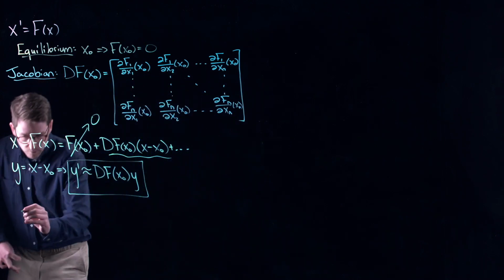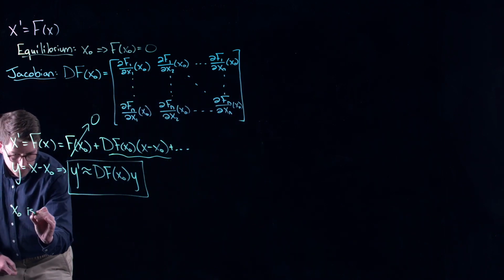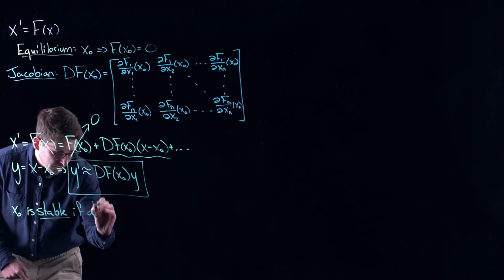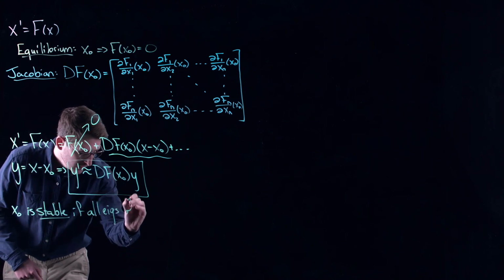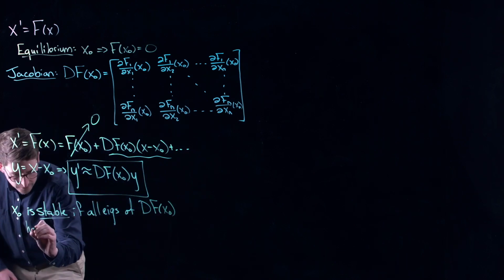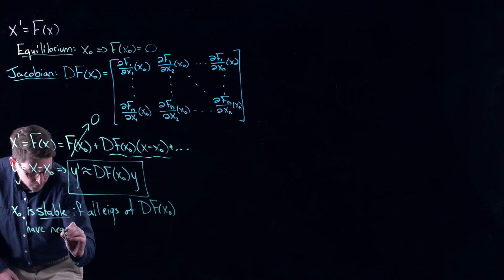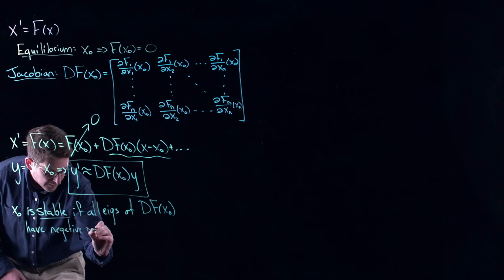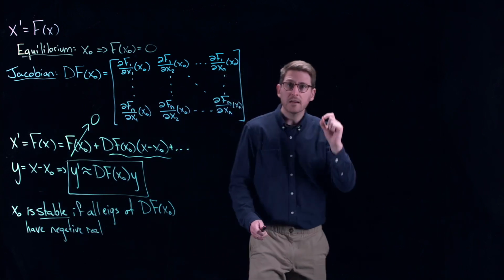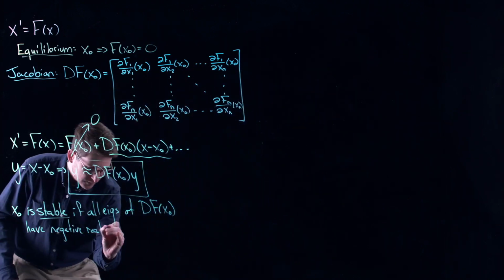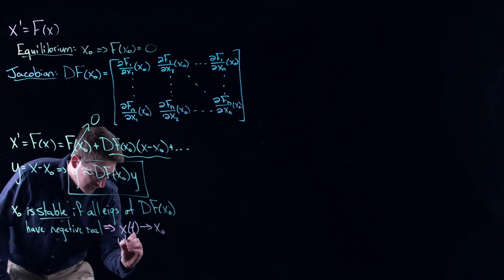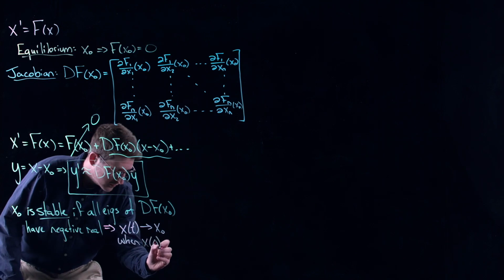So in this case, we would say that x naught is stable if all eigenvalues of the Jacobian matrix have negative real part. Okay, so they can be complex if they want to be, but all I care about is if they have a negative real part. And this implies that x of t goes to x naught when we start close